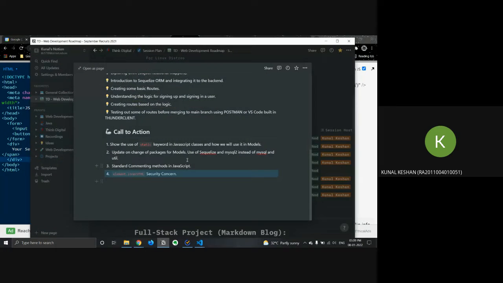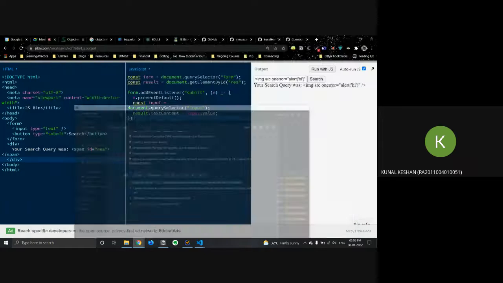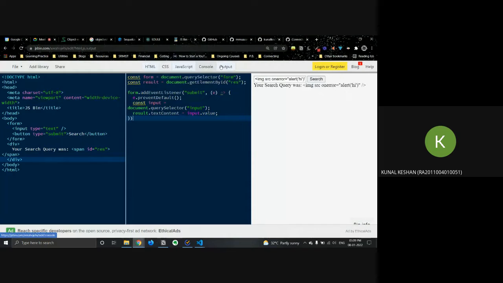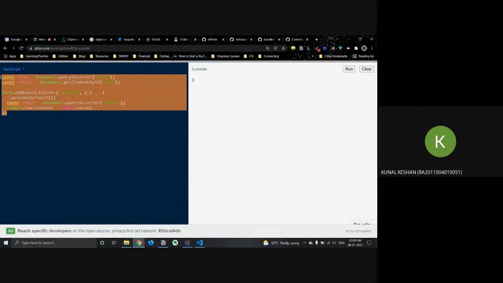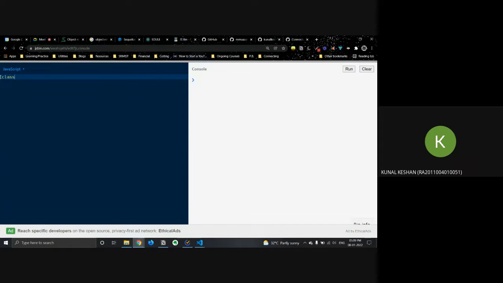This was one thing. The other one was the static keyword in classes. We won't need the output here, just the JavaScript console. So if you remember classes, right? This is something we'll be using in our project.